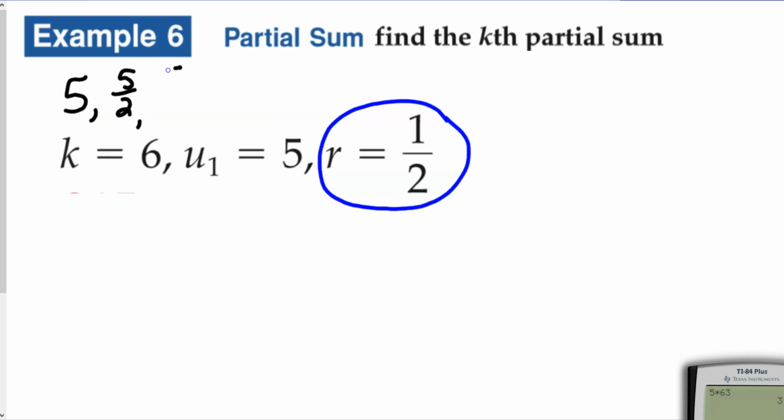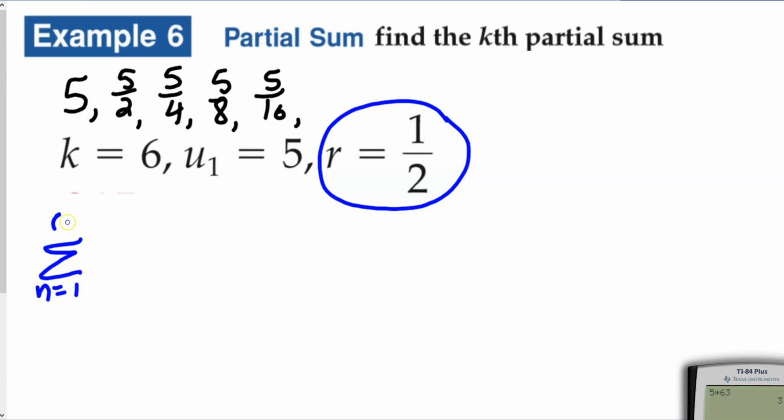5 halves times 1 half is 5 fourths, 5 eighths, 5 sixteenths, and so on. So adding these up by writing them all out is not as simple as adding up a whole bunch of whole numbers. So we're going to use the formula again. You're going to find the sum of the first 6 terms